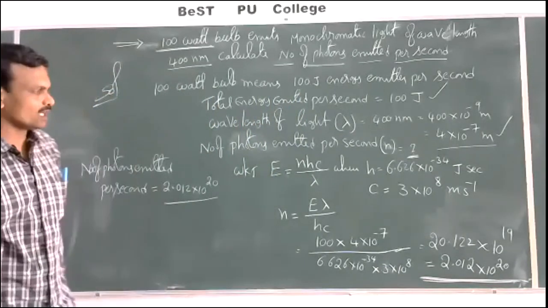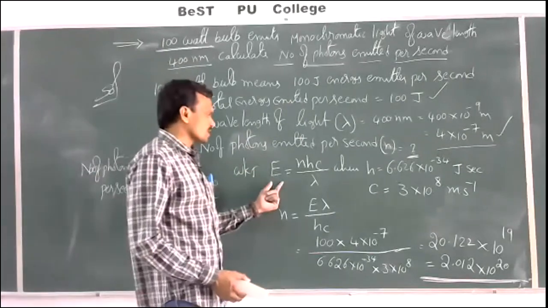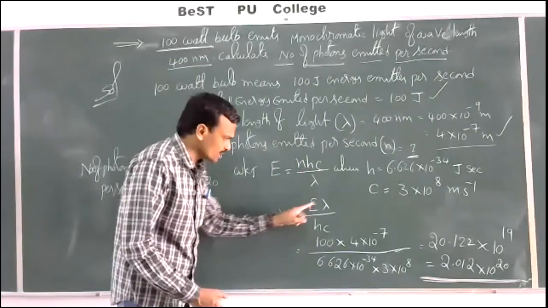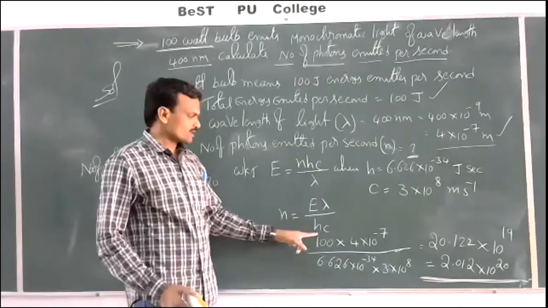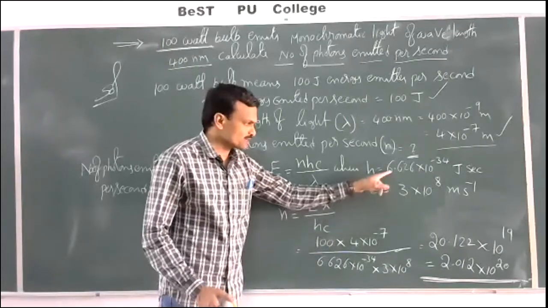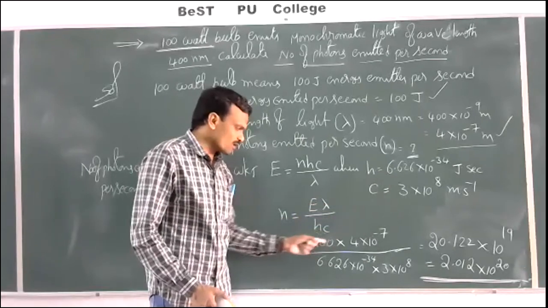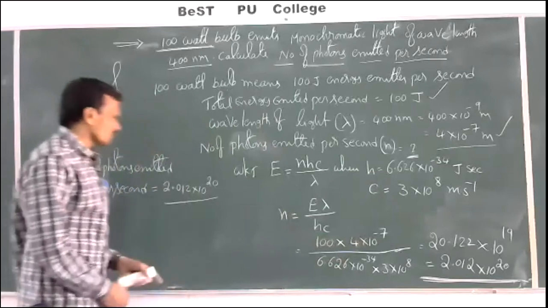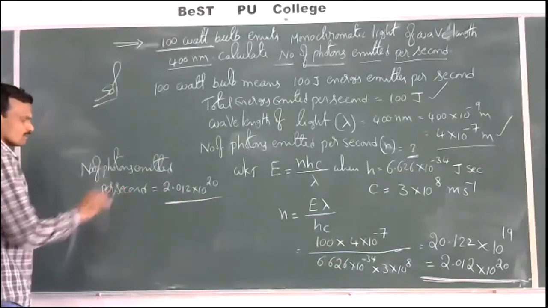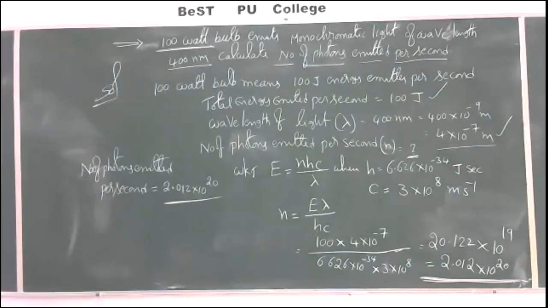As per Planck's theory, energy E is equal to nh nu. That is, energy E is equal to nhc by lambda. From this, n is equal to E lambda by hc, where h is Planck's constant, c is velocity of light, both are fixed constant values, and lambda is there, energy is there. By substituting all the four values, if you simplify, you can get number of photons that are emitted for 1 second time. Okay, so this is regarding today's class.